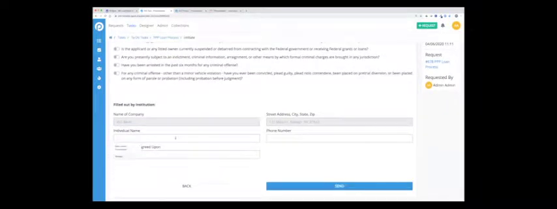The last area where it's actually a great benefit from the SBA, I think this is certainly due to some of the crazy times that we're in right now, you as an institution are allowed to fill this out on behalf of your client. So with many people, myself included, working from home right now,